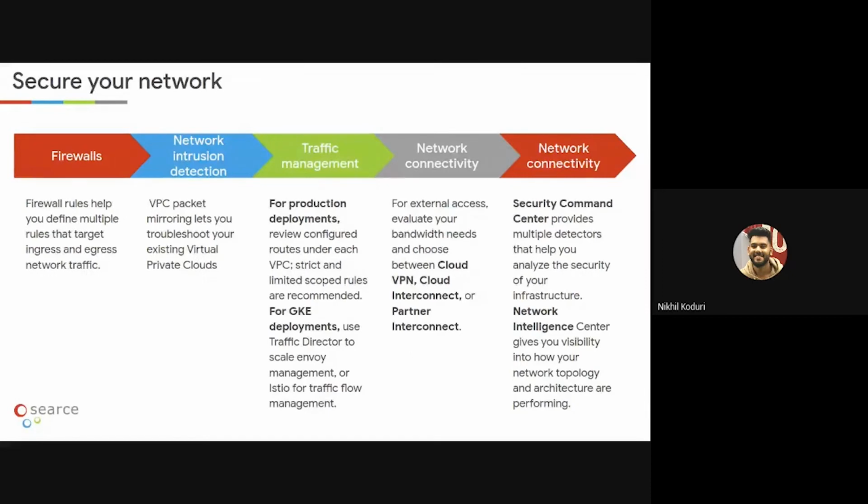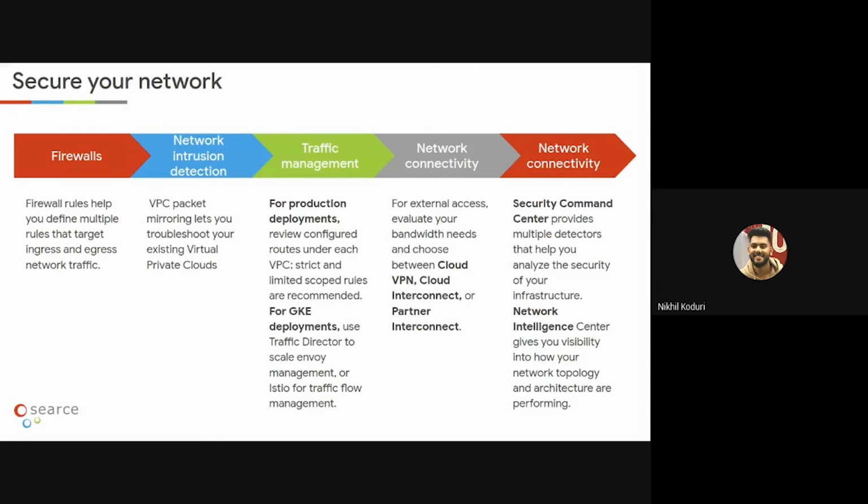The first thing is that you have to incorporate firewall rules into it. Every cloud provider has firewall rules, that's for sure, but you have to use them in such a manner that it is as granular as possible, as defined as possible. You cannot have public IPs exposed, and have a granular level of access with the help of tags.